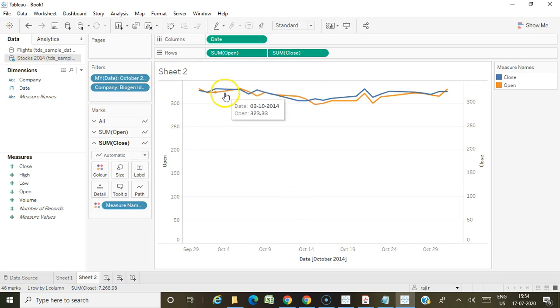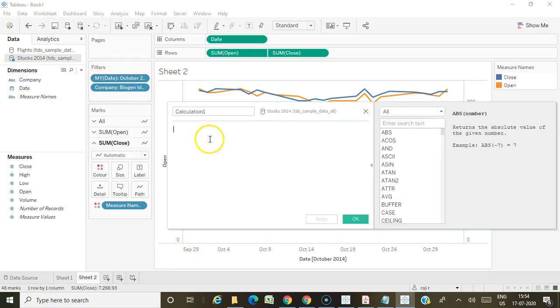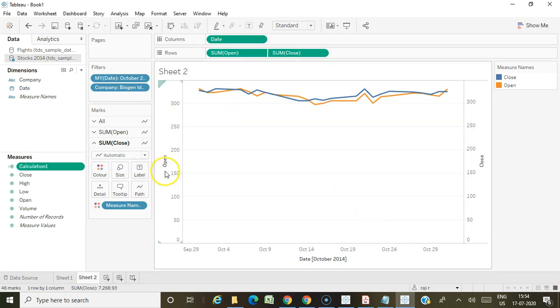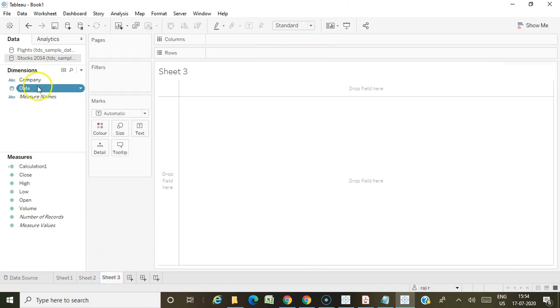And also we need to calculate the difference between them. So I create a calculated field. So this is the difference. I can even take the date here.